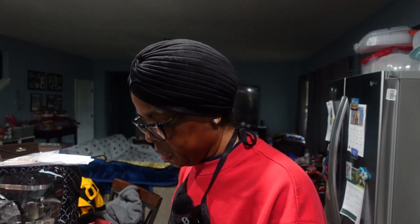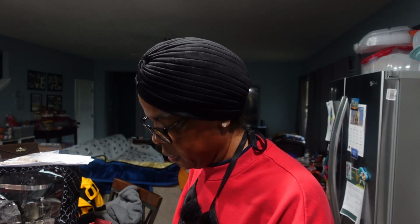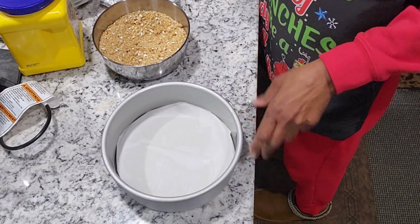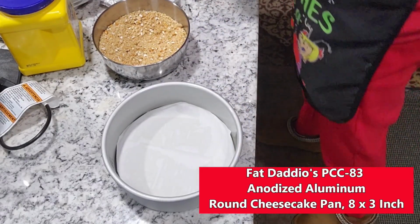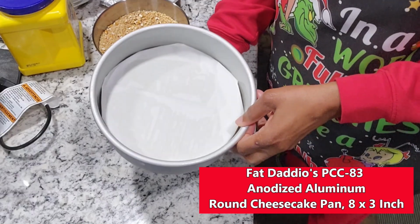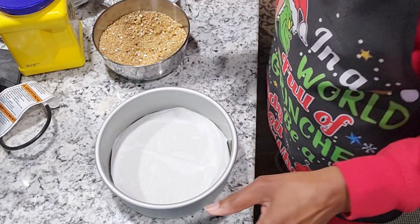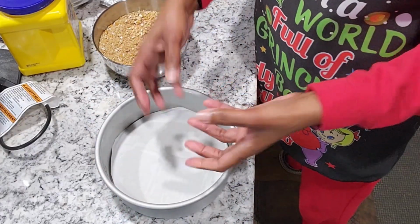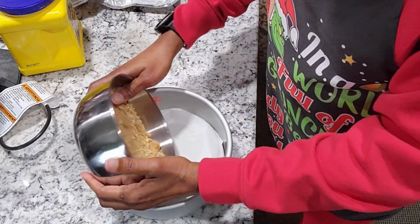And the reason it might be a little dry is because the recipe just calls for the 1 sleeve of graham crackers. It doesn't call for the pretzels. That's just something I started adding. This is, I think it's called Daddy-O, Big Daddy-O, or something like that. Springform pan. Because see, this inner part comes out. And I have it wrapped in a sheet of parchment paper. And I've sprayed the sides and I actually sprayed the bottom so that the parchment paper would stick to that part that comes out. So now we just pour this in here